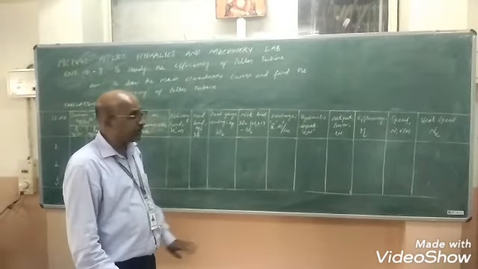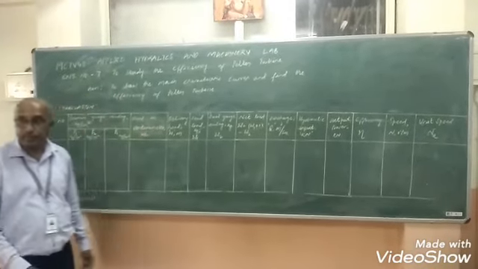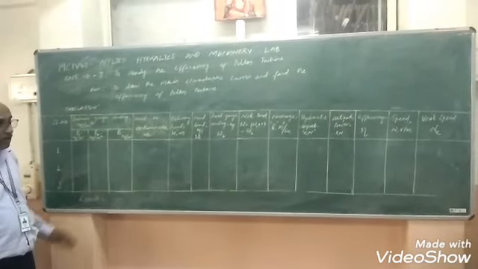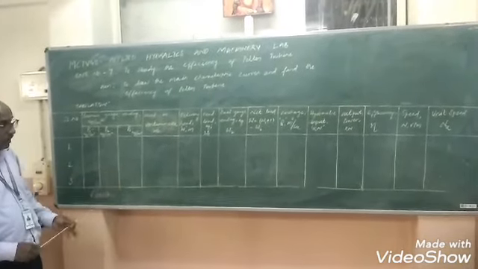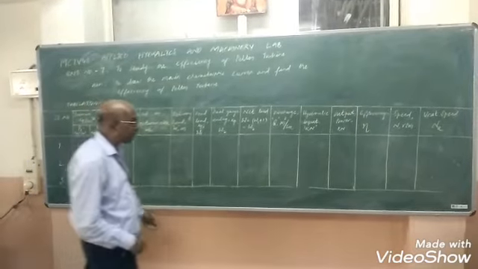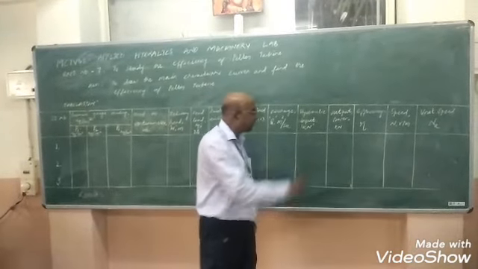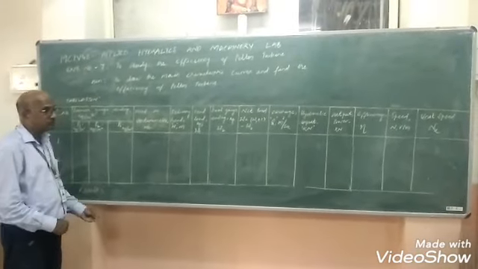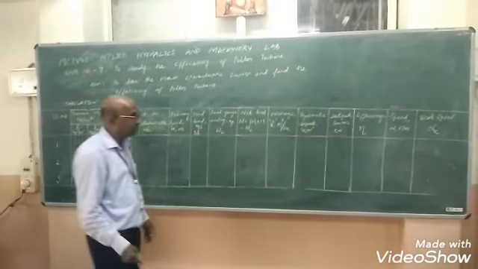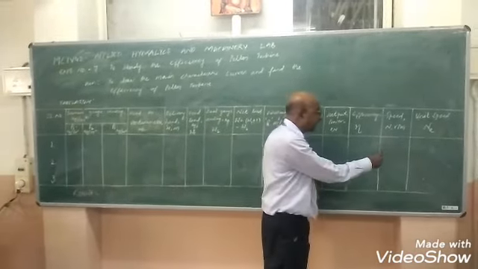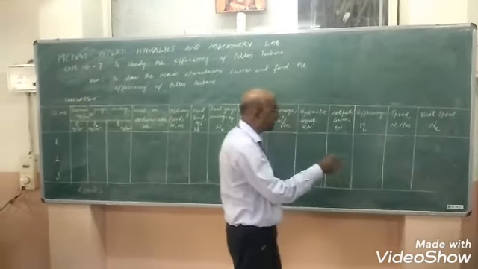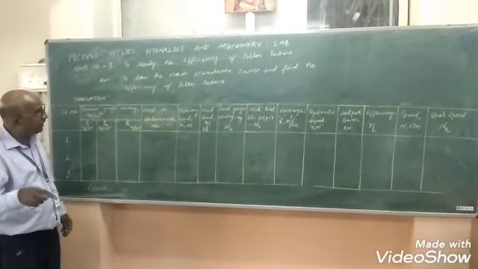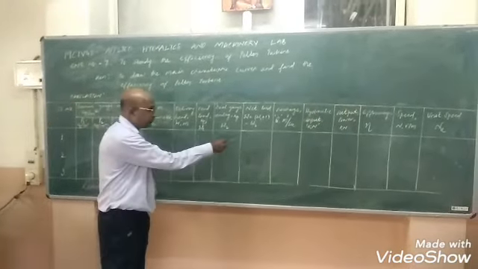In general, efficiency is the ratio of output divided by input. It may be a mechanical efficiency or hydraulic efficiency, or a combination of these two. Mechanical multiplied by hydraulic efficiency gives the overall efficiency of the turbine. So once knowing the efficiency, we are finding various parameters such as unit speed, unit power and unit discharge, for a known discharge of water we are supplying on the turbine runner.